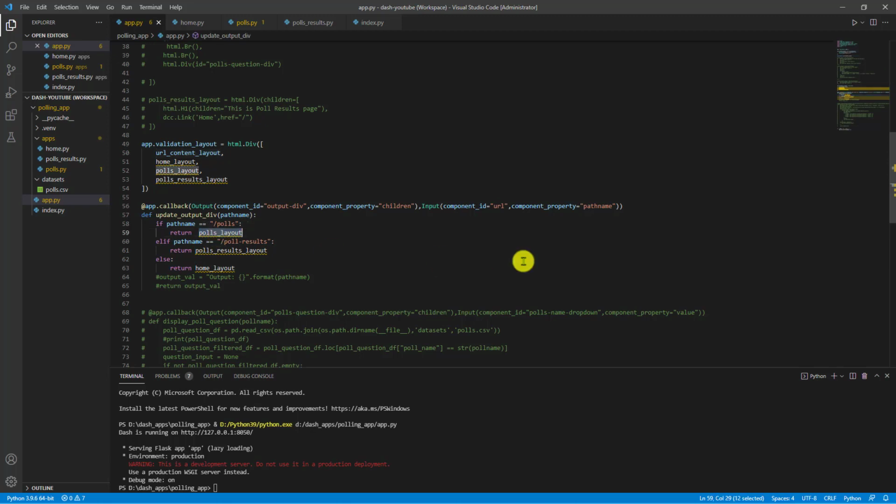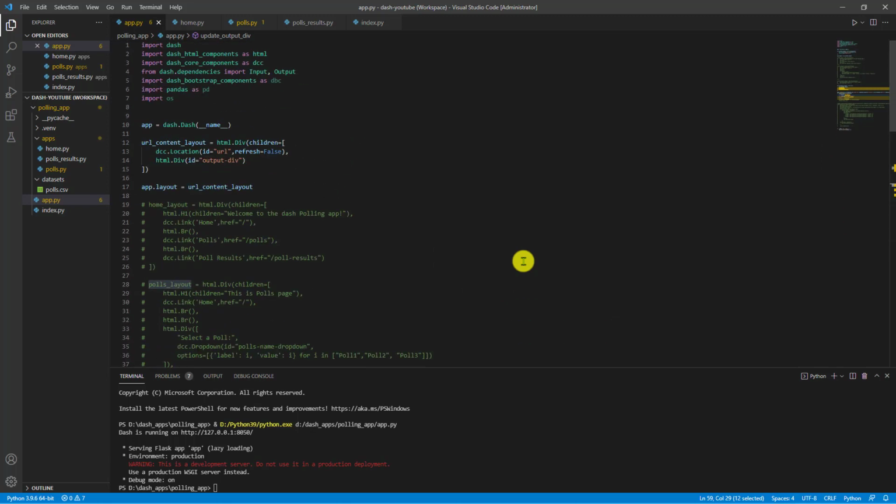Now we will move this information to index.py. So in the app.py we will only keep this guy over here. The rest of the stuff we will move to index.py. I will show you why, but first let us fix everything and see whether my app is working or not. Then we will try to analyze that.